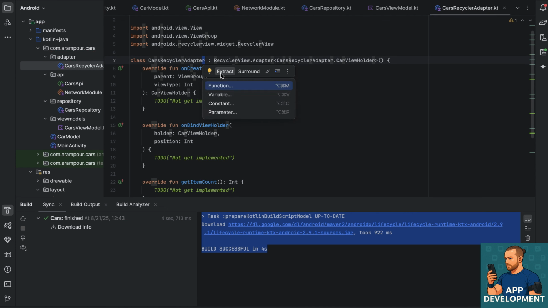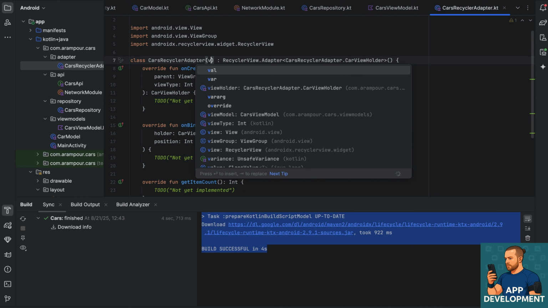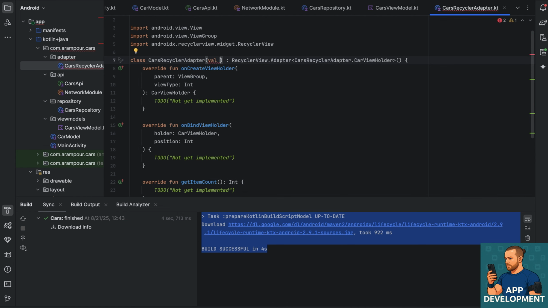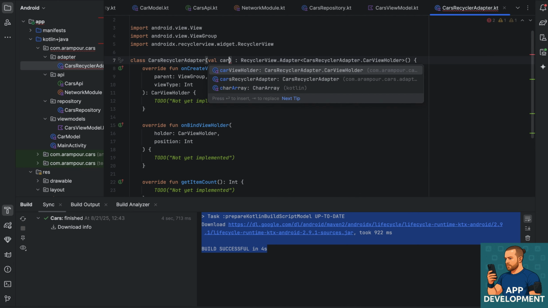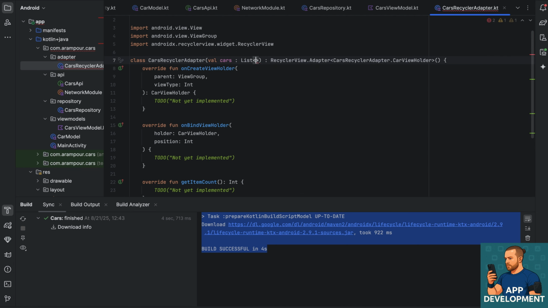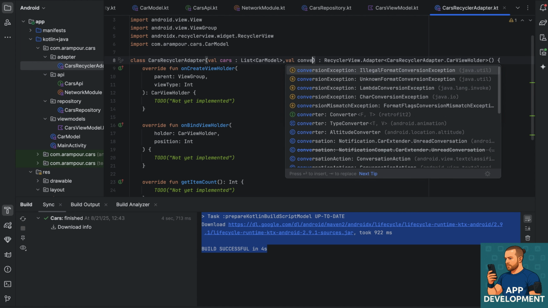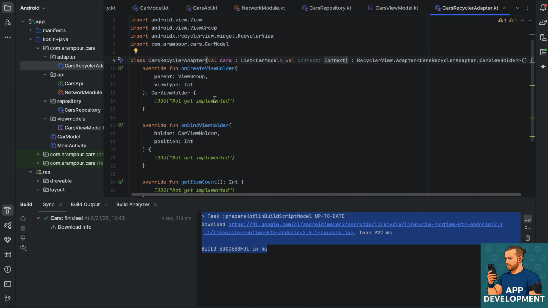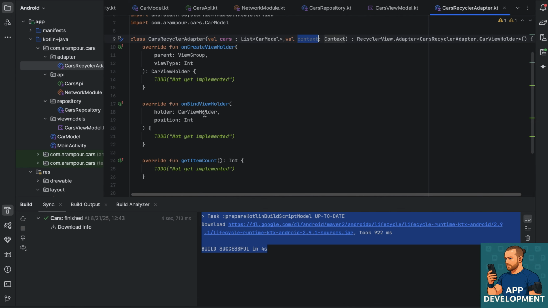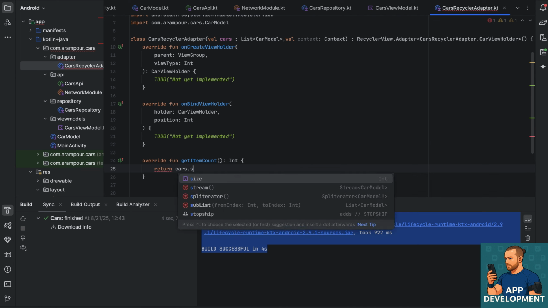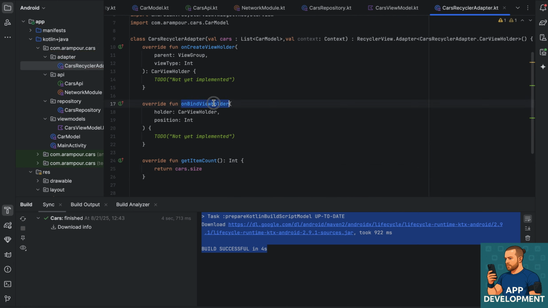Here I will add the constructor for this. I will get some list of items, or let's say cars, list of cars. Alright, and context, because we need this context to get our layouts. Well, we return cars.size, then inside here we need to return